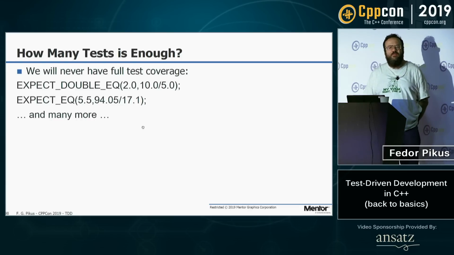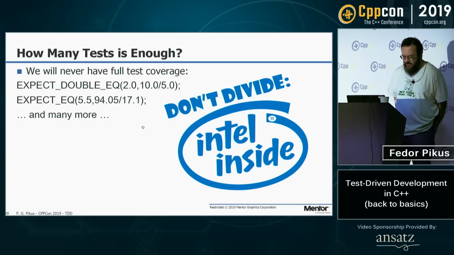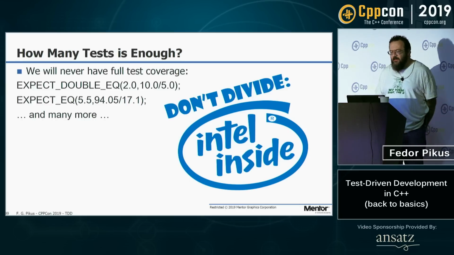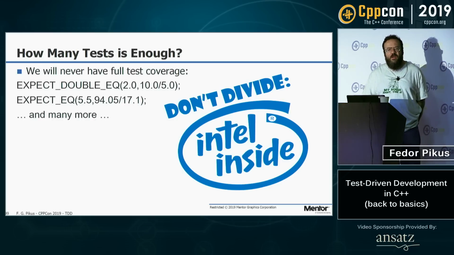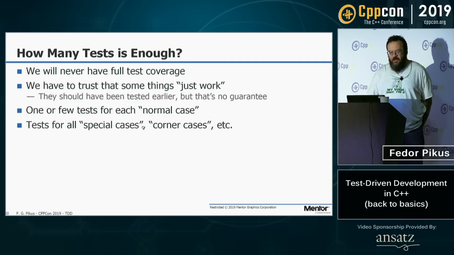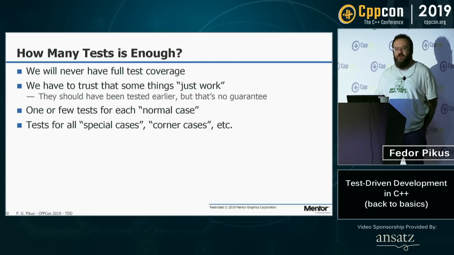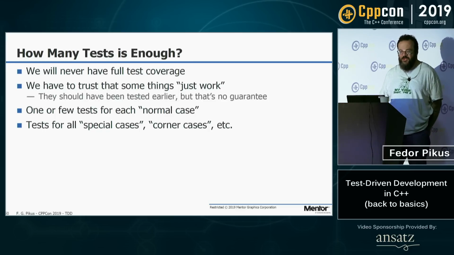Well, how do you know when you have enough tests? The truth is, it's always a judgment call. It's always a judgment call. You never have full coverage. You can test even the simplest operation, and you test for these inputs and the other inputs and many, many more inputs, and you can't trust even that. So you will never have proof positive that your program is correct. We have to have some trust that some things just work. In particular, your hardware instructions, you usually expect them to actually just work.